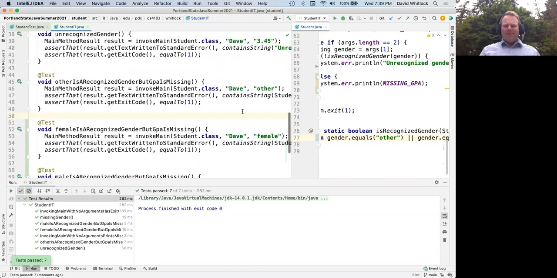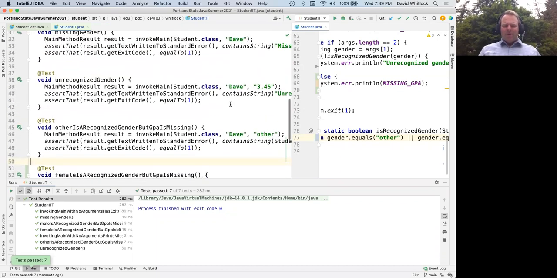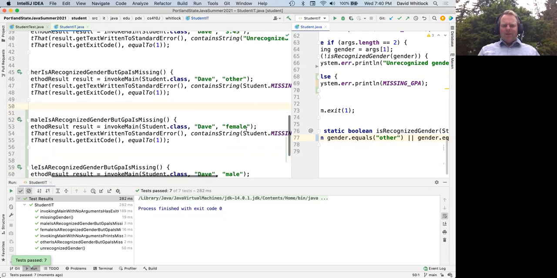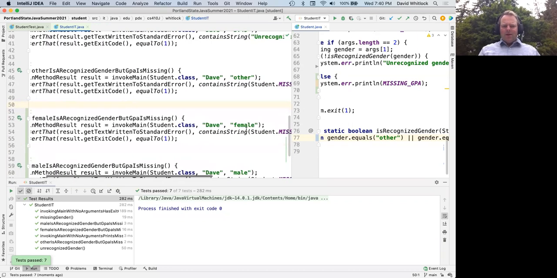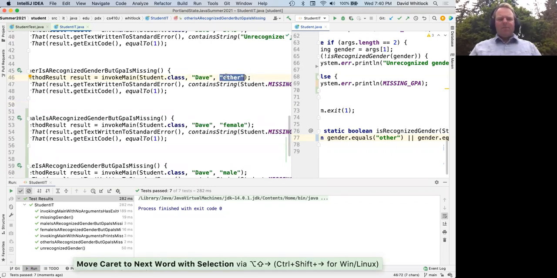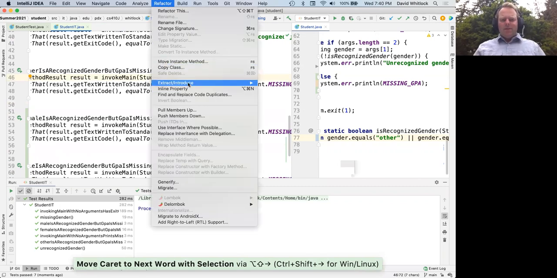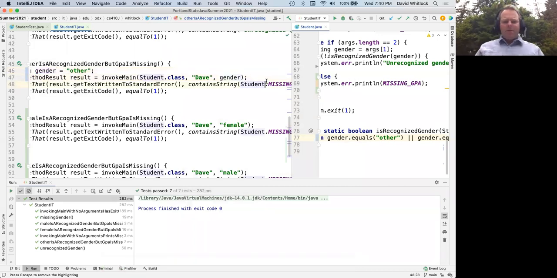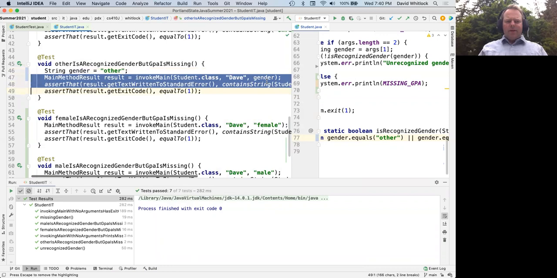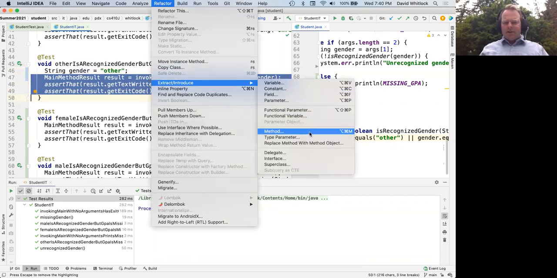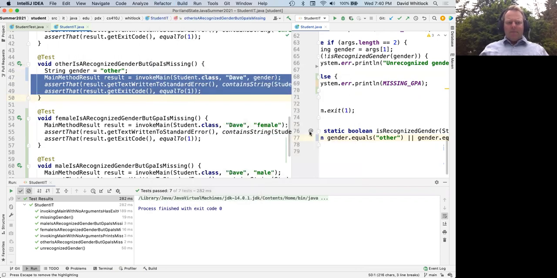Boy, there is so much duplicated code here. Let's see here. That's unrecognized gender, but like all these things. Here's what I'm going to do. I'm going to put this into a variable. Let me refactor, extract, introduce variable. I'm just going to call it gender. And then I'm going to turn this whole thing into a method. I'm going to extract a method, and I'm going to call it